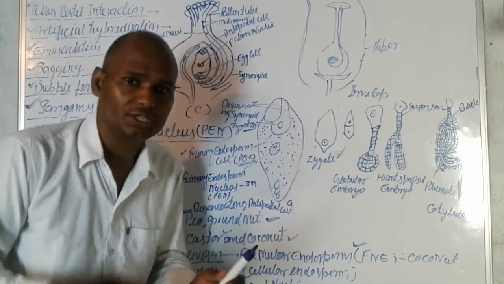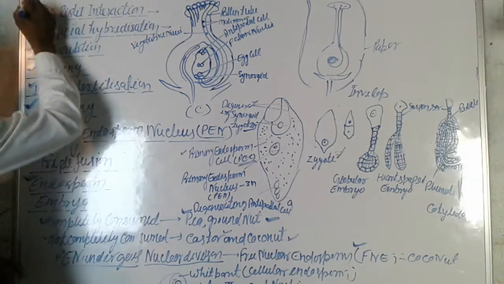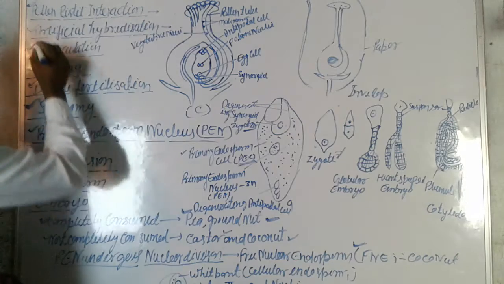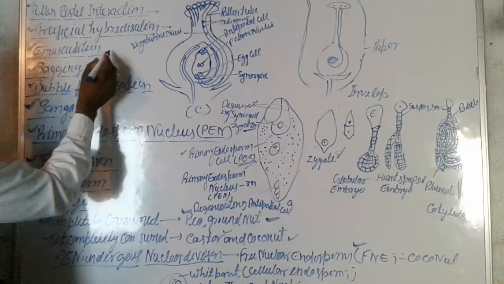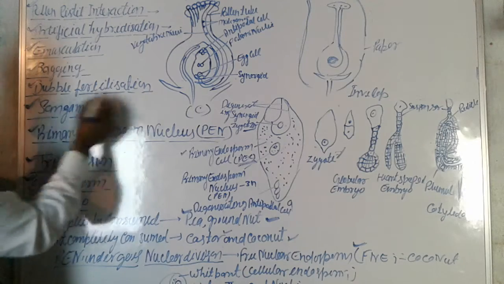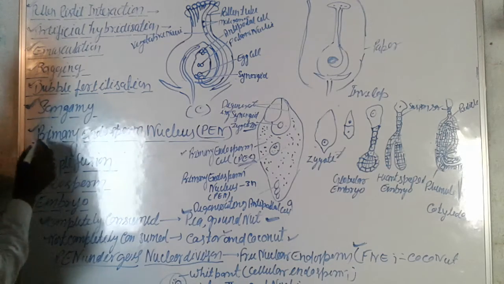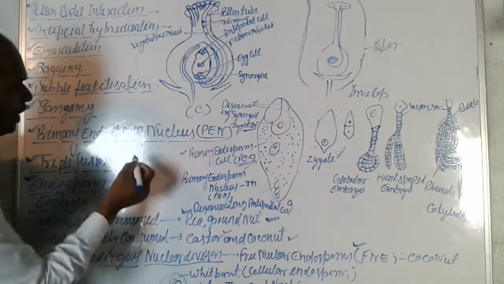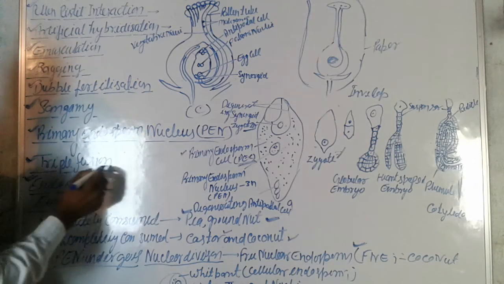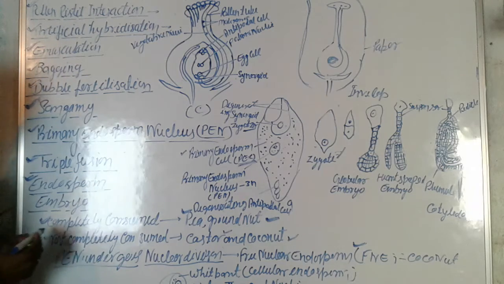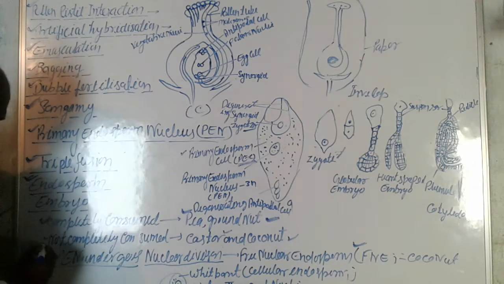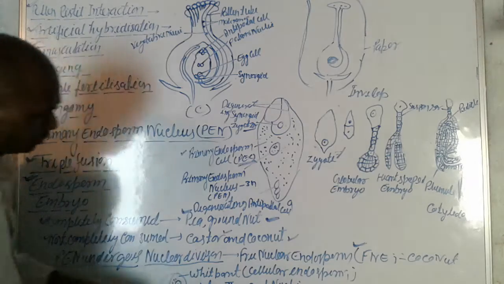So we discuss in this video pollen pistil attraction, artificial hybridization, emasculation, bagging, double fertilization, syngamy, primary endosperm nucleus, PEN, triple fertilization, endosperm, embryo, complete consumption and incomplete consumption. Okay,